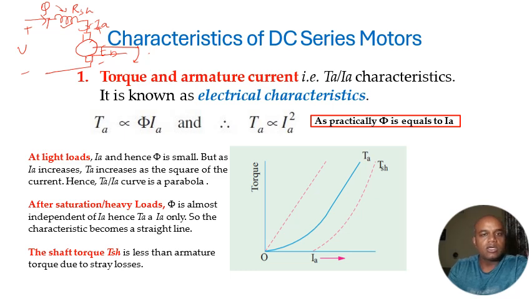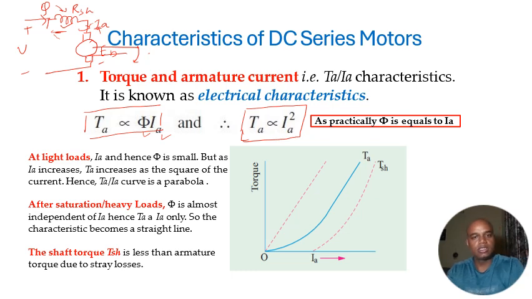So taking this into account, let's draw the first characteristic, which is the torque versus current, IA current, and we know that the torque is proportional to phi into IA. So here IA is a variable, and the flux also depends on your IA for the DC series motor. So I can say that the torque is proportional to IA square. So taking this, we can draw the characteristics now. So we have something like the square of this characteristic over here. So TA is proportional to IA square,